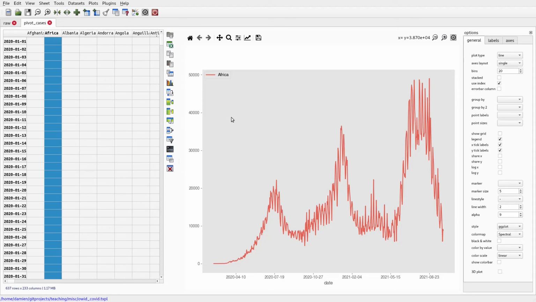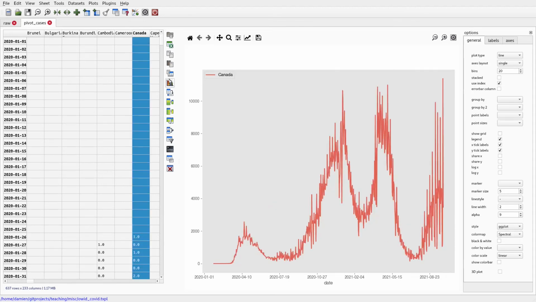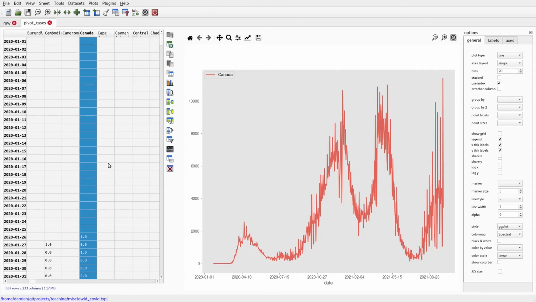The noise in the data is to do with how data is collected on a weekly basis. It's not that important, but just to show another feature, I'll arbitrarily here just pick a country. This is Canada. I'll turn down the line width